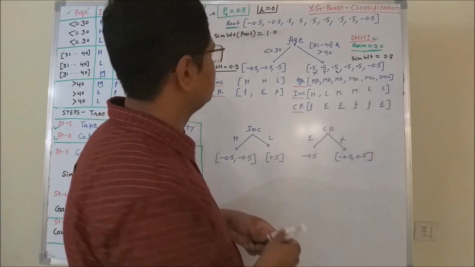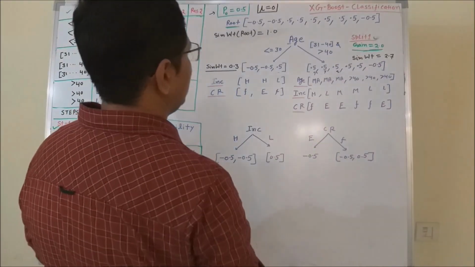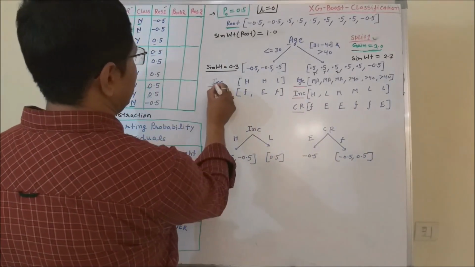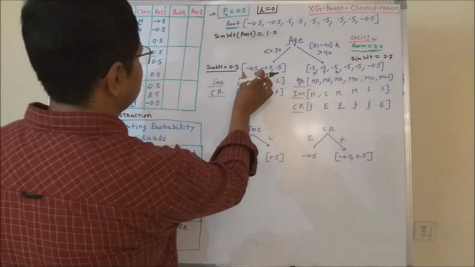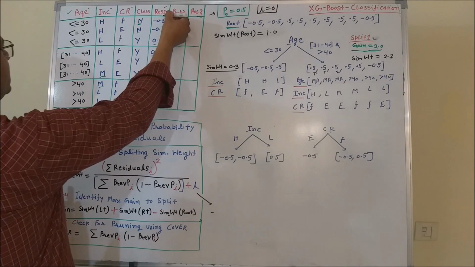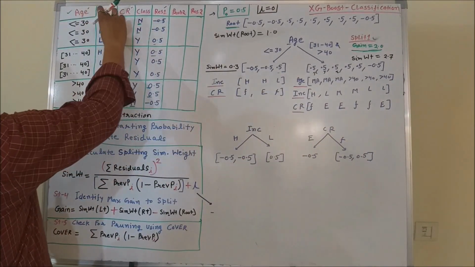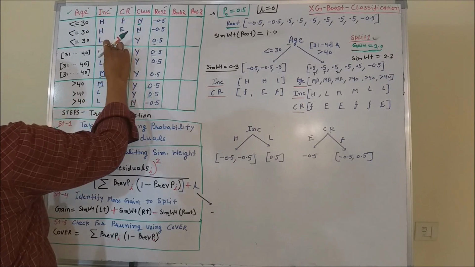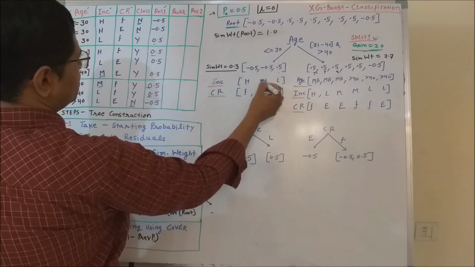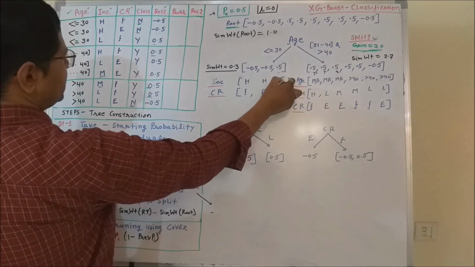Now, after the first split, finalizing the first split based on age, we again have two candidates. Like even in the first split, less than or equal to 30 years age, you can see these are the residuals, and you can see that in this category again there are two possibilities of split based on income. For two residuals, for two records age are high, and for one record it is low.